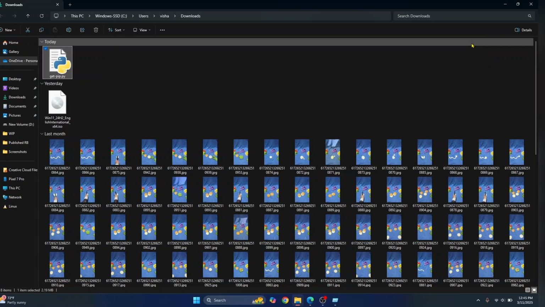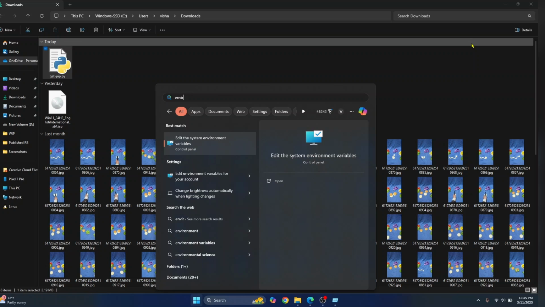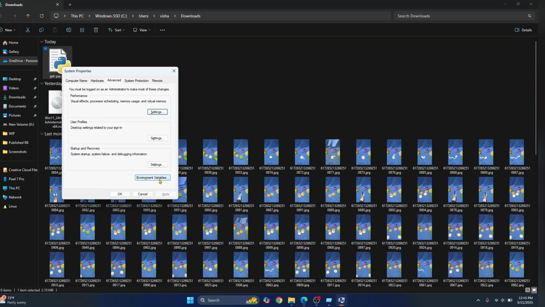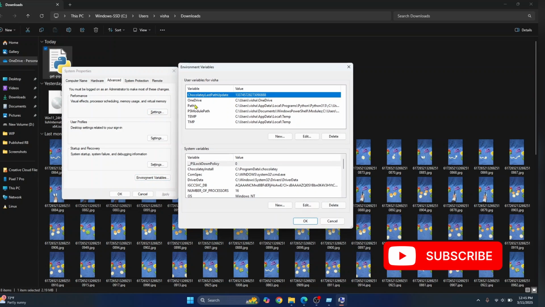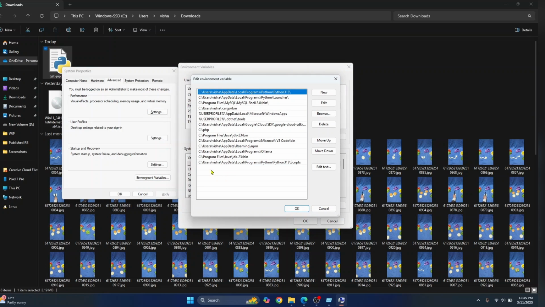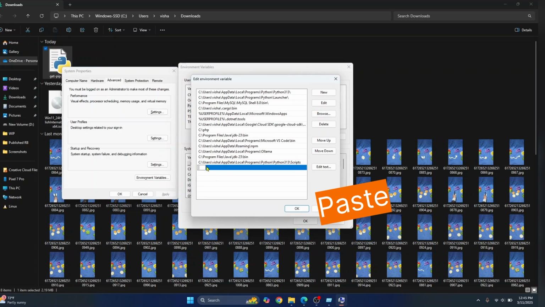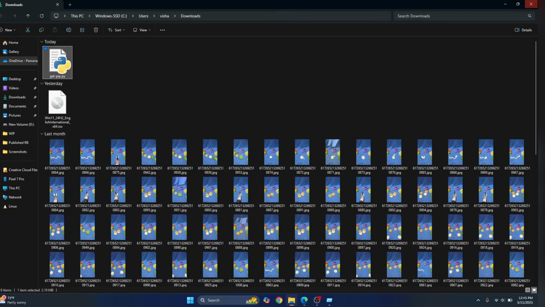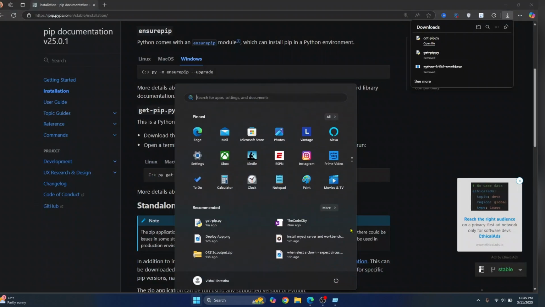Close this, press your Windows key and type environment variables. Click on it, click on environment variables. Here you'll see this path. Double click on this. At the bottom, just paste that and write Scripts after that, and make sure the S is capital. So I already have this above here. Okay, so this is what you need to have, and since I already had it, I'll just delete this. Now click on OK, click on OK, click on OK again,